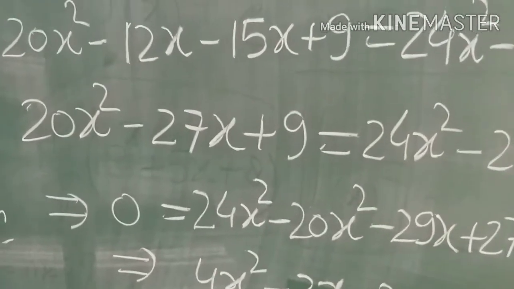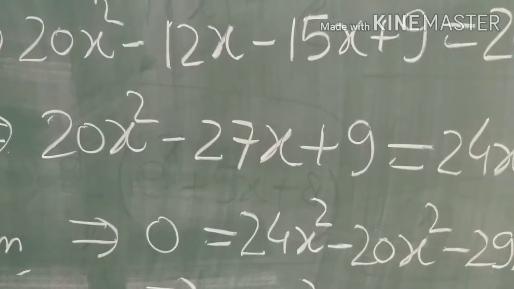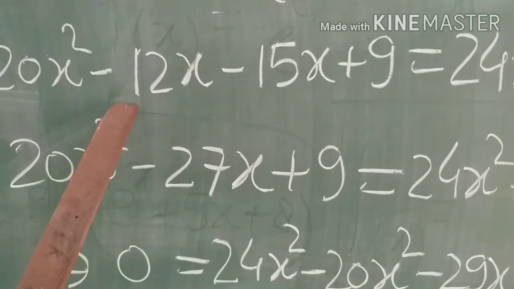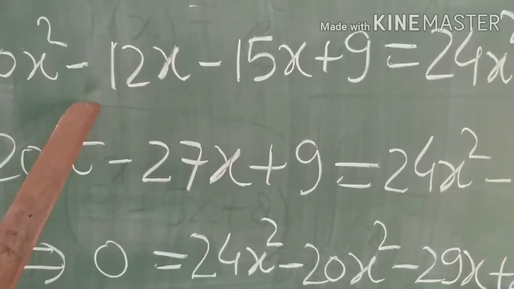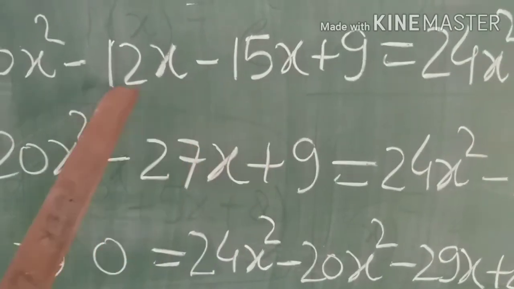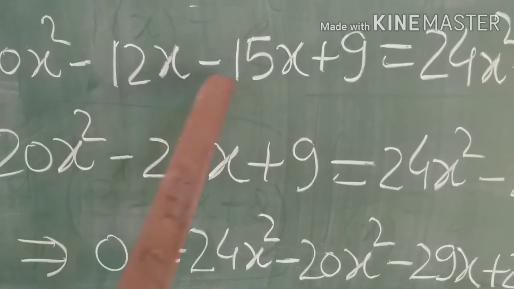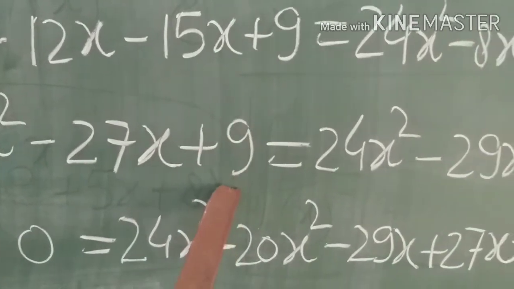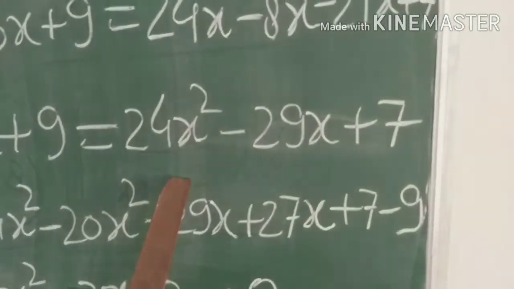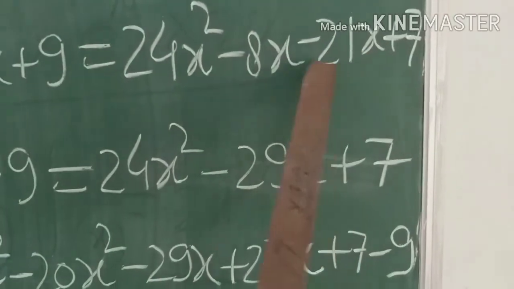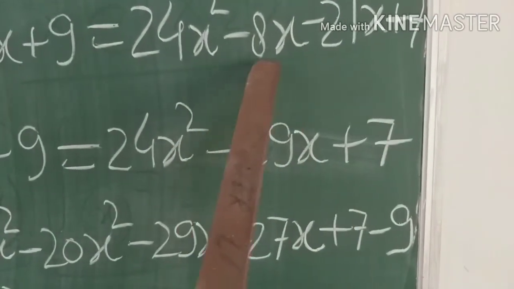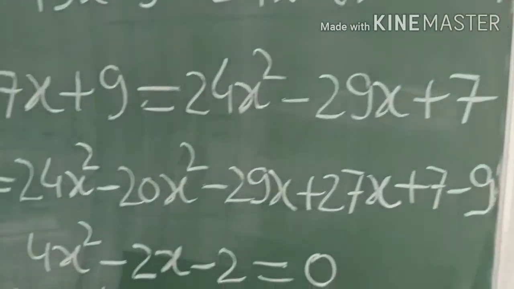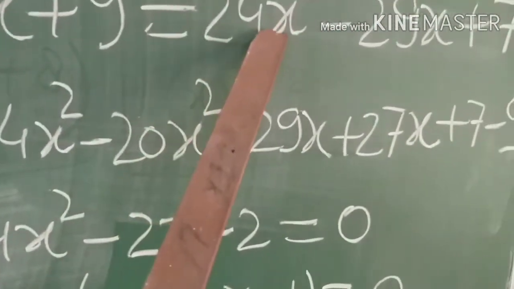Now students, you can see here 20x square as it is. Minus 12x and minus 15x are like terms. Both have the same sign, so both are added here: minus 27x, plus 9. 24x square, minus 8x and minus 21x, both have the same sign, both are like terms, both are added here. Plus 7 as it is. So here 24x square,